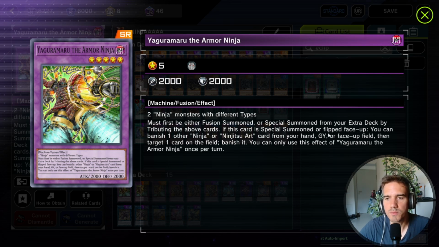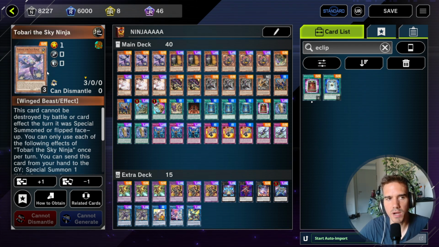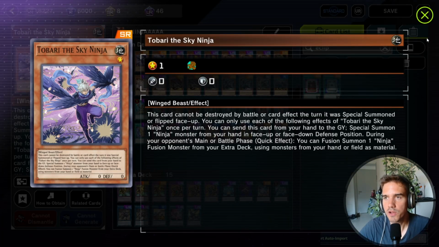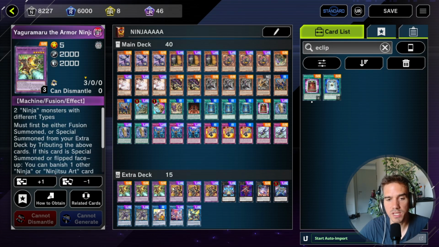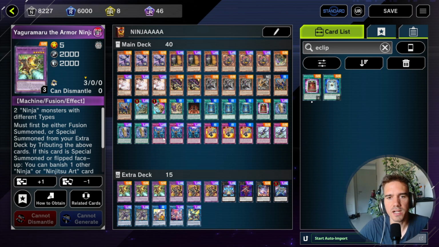If this card is special summoned or flipped face up, once again flipped face up, you can banish 1 other ninja or Ninjutsu Art card from your hand, graveyard, or face-up field, then target 1 card on the field and banish it. This is quite nice because we will be able to do this stuff on our opponent's turn via our Tobari. Remember, Tobari is the card that can fusion summon on our opponent's turn, so we can go into a Yagamaru or a Maizen. You will be able to fusion summon the Yagamaru, banish 1 card, and then banish 1 card on the field,